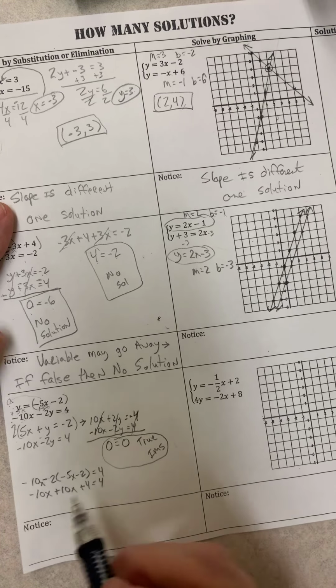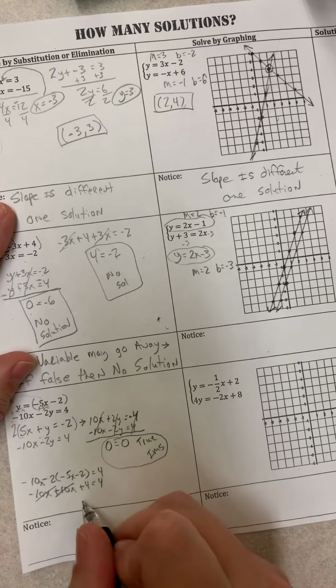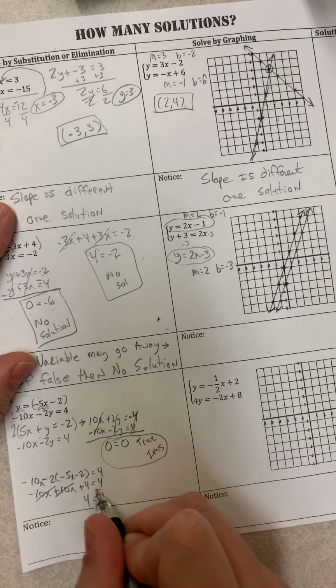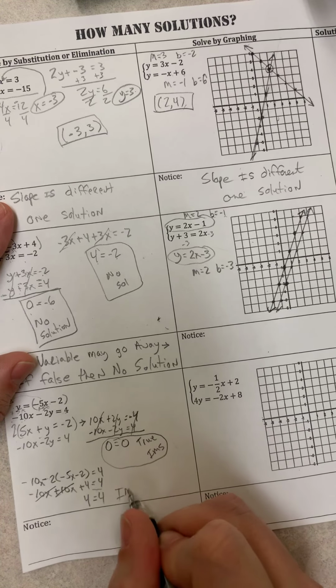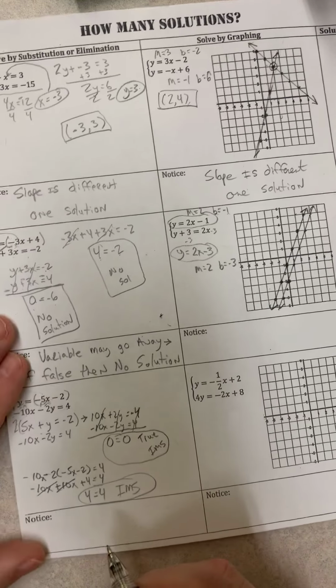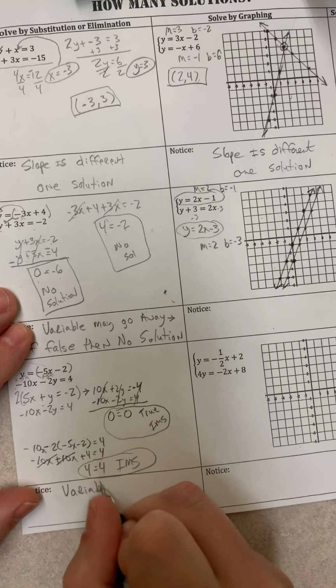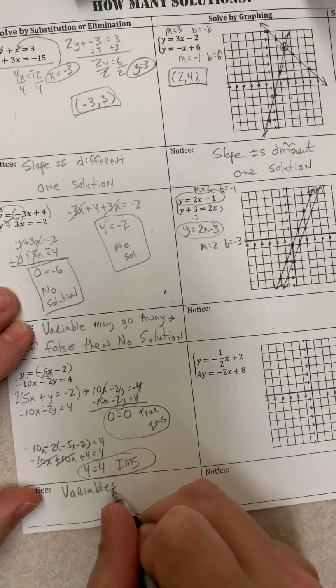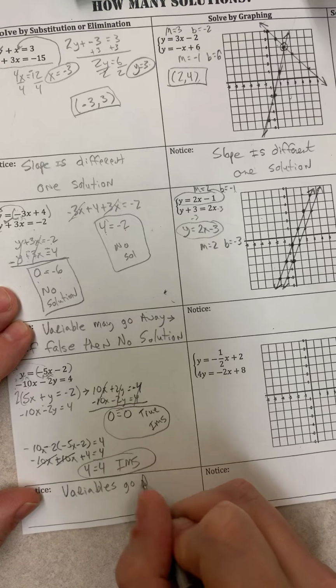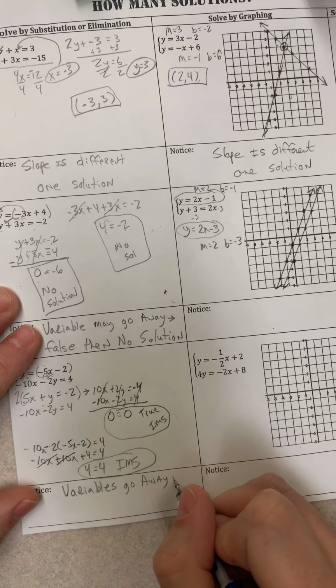And look what's going to happen here. Whether I went by substitution or elimination, those will go away. 4 is equal to 4. That is a true statement as well. That is infinitely many solutions. And again, what we want to notice, variables, they disappear. So your variables go away, just like they did with no solution,